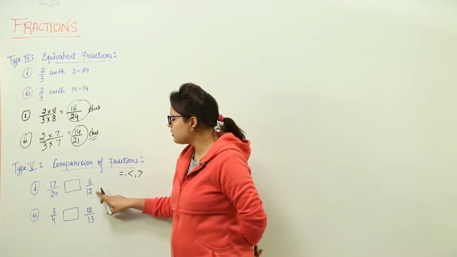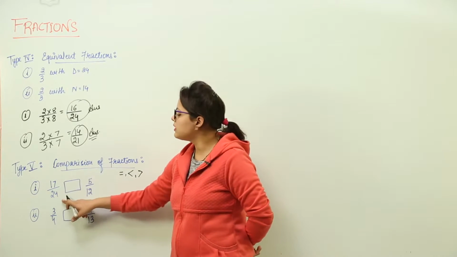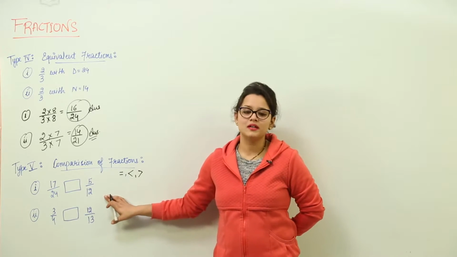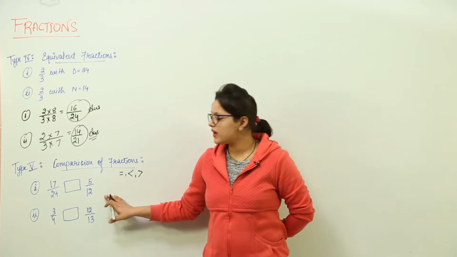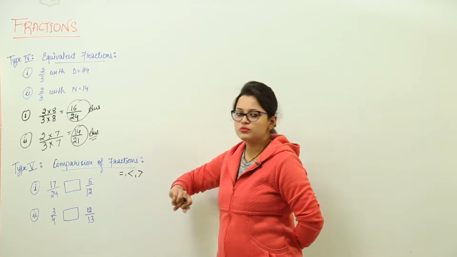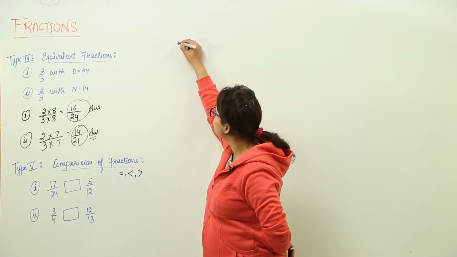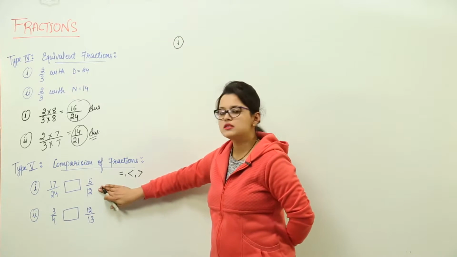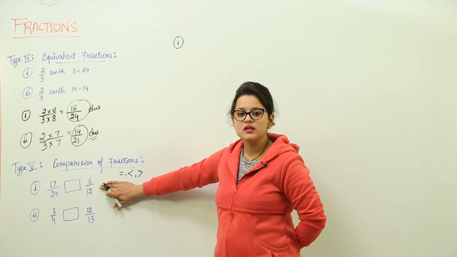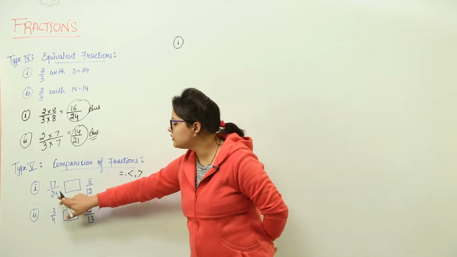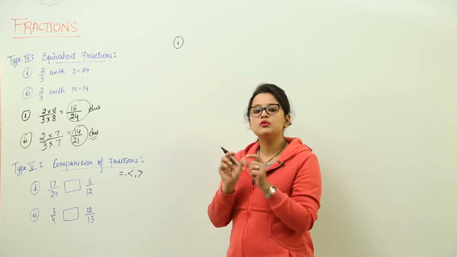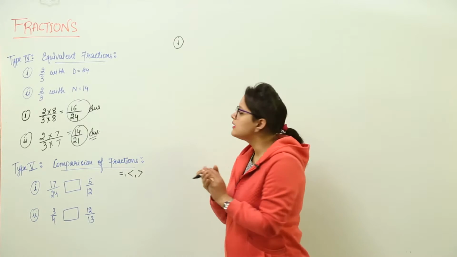See, if you look at the question right now, just like this, you will not be able to tell in the first instance which one out of both is greater or smaller or equal. Why? Because both are having different numerators and denominators. So what is the way to do this question? We have to convert both the fractions in a similar manner. That means we have to convert them into an equivalent fraction in which both the denominators are the same, and then we will be able to do the analysis of the numerators, right? Let us do that.